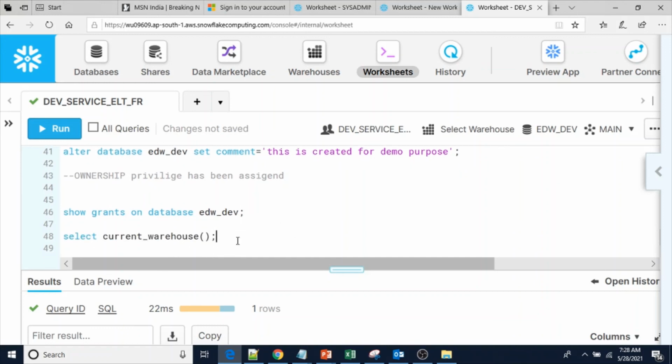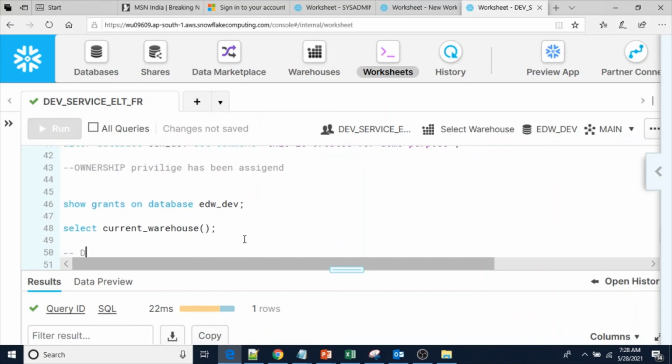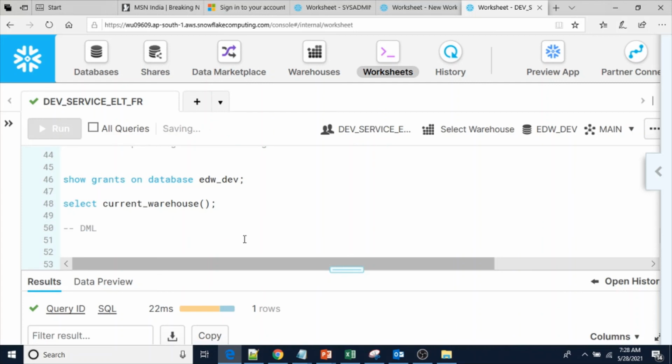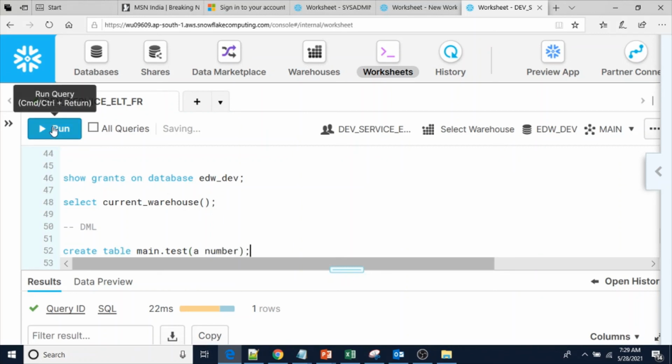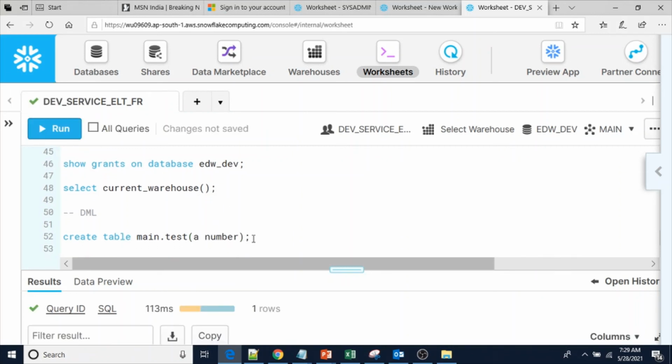If you are going to use DML operations, now let me create one table. Create table, here main schema, test is the table name, a is the column, and the data type is number. See, table created. To create a table also, a warehouse is not required.